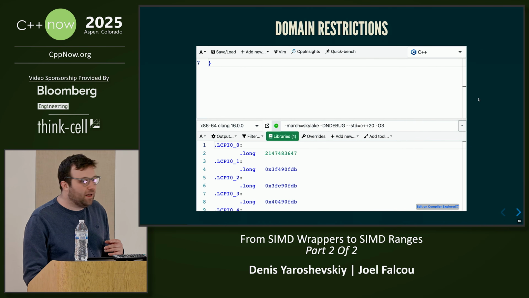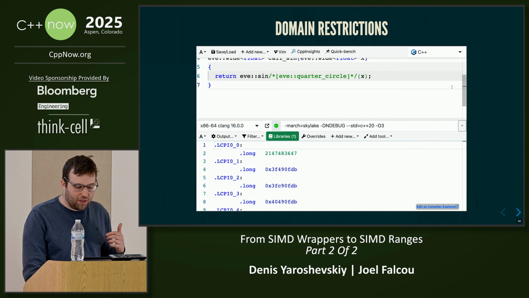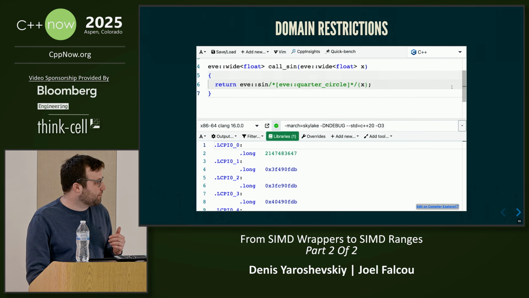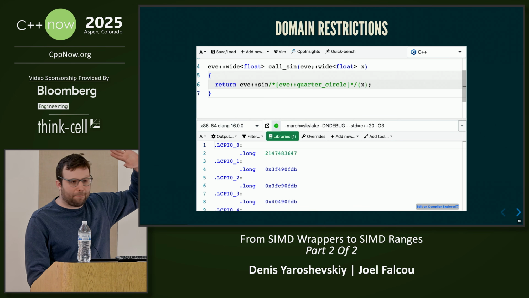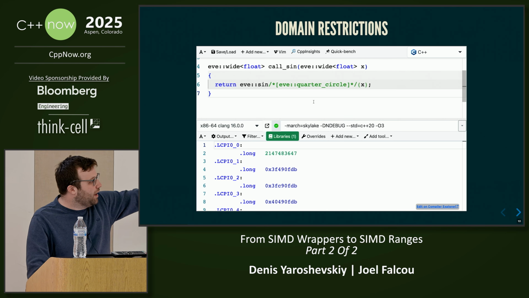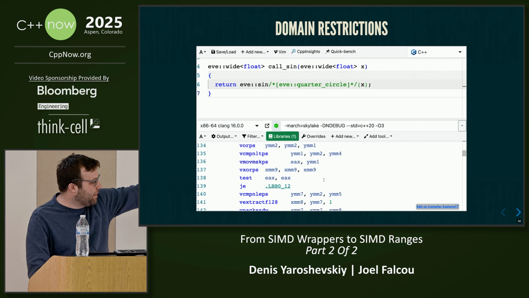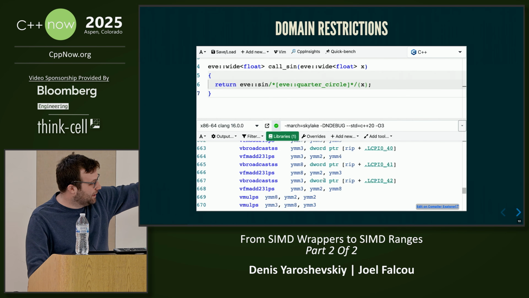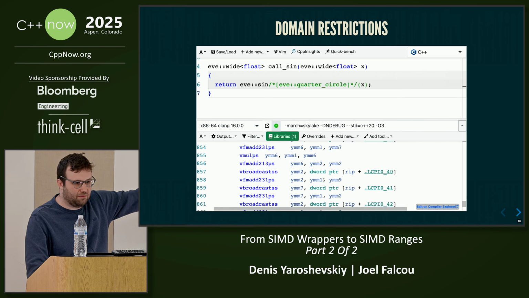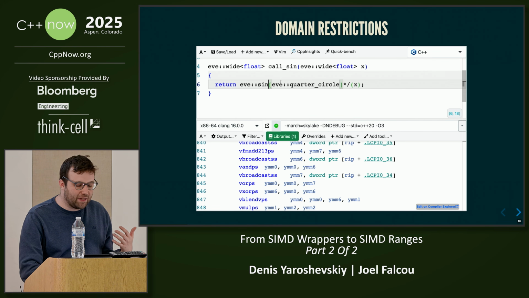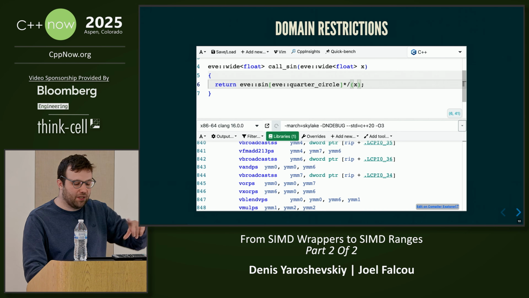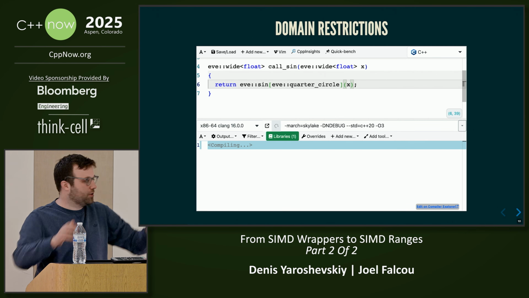Okay. A similar form of customization is what we call domain restrictions. So let's say this is SIN, right? And the standard ships a SIN as well. And this is our implementation of SIN. It's about 800 instructions. However, the way it works, most of it has to deal with reducing the angle within a certain